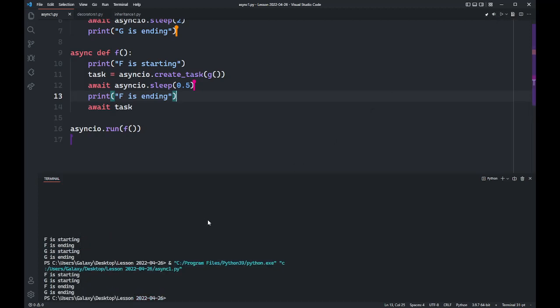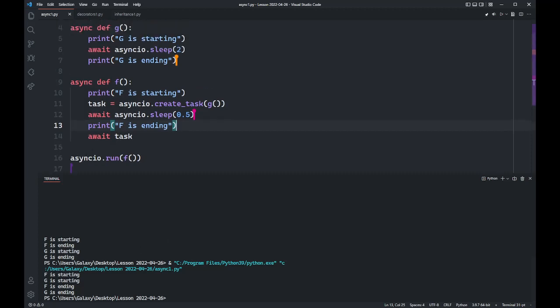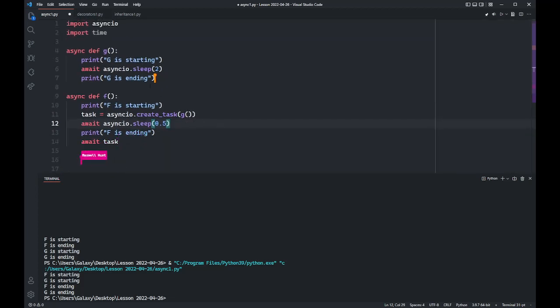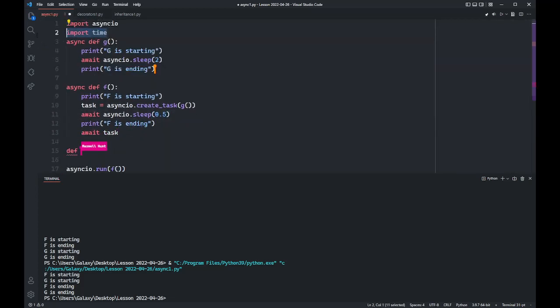There we go. Right, exactly. So now it's running at full efficiency and not waiting any longer than it has to. Instead of taking 2.5 seconds for this code to all run, it's able to do it all in 2 seconds. Right. So if I'm just going to quickly code up a